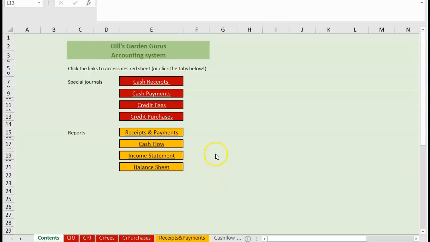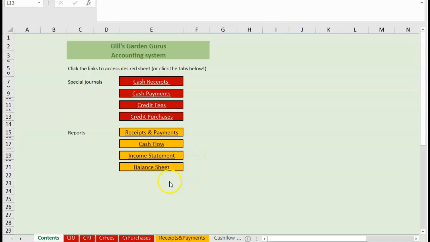They're grouped together because the special journals contain all of the financial data, and they're the place where the financial data is recorded in order to gather totals to prepare the information that goes into the financial reports. So the red here for cash receipts, cash payments, credit fees, credit purchases is where all of the financial data is recorded, and then the reports generated as a result of the data in those journals are the receipts and payments report, cash flow report, income statement report,